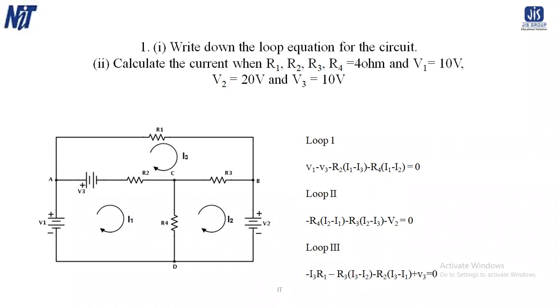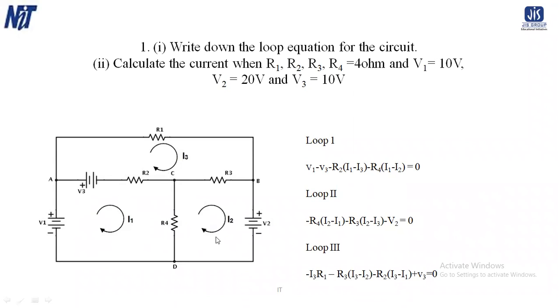Now we are considering this one as our loop 1. So here it is loop 1, considering the current I1. This is loop 2, this is loop 3. So I1 is showing loop 1, I2 is showing loop 2, and I3 is showing loop 3. So for that reason,